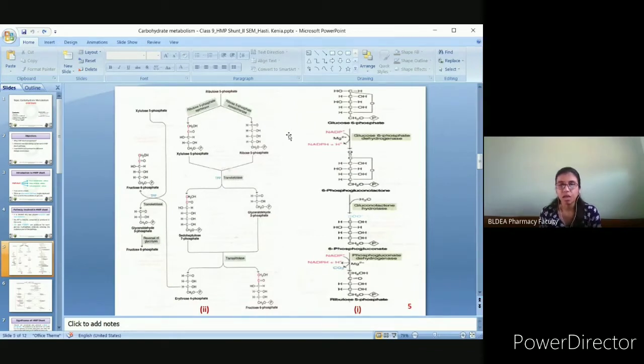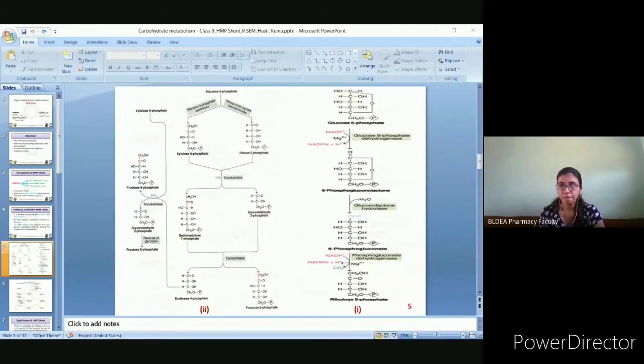Okay, isomers have the same molecular formula but a different structural formula. You can see the carbonyl group is present on the second position, but in ribose 5-phosphate, the carbonyl group is present on the first position. But if you see the difference between ribulose and xylulose, there is only a shift of the hydroxyl group on the same carbon, but it is on the right hand side here and on the left hand side there. Hence, these both are known as epimers. Okay, and the enzyme responsible for synthesis of xylulose 5-phosphate is known as epimerase, and for ribose 5-phosphate it is known as isomerase. Any doubt?